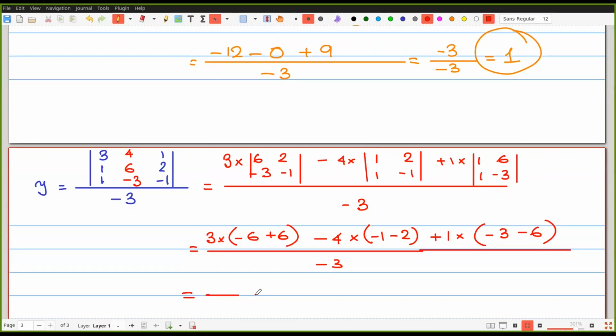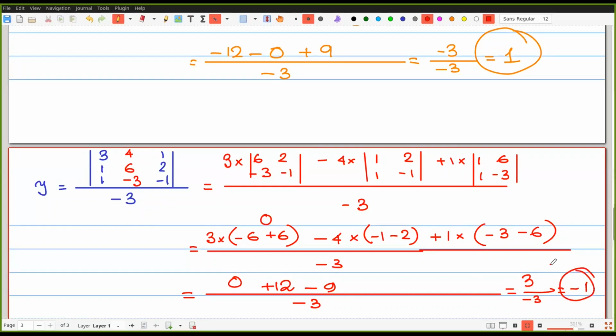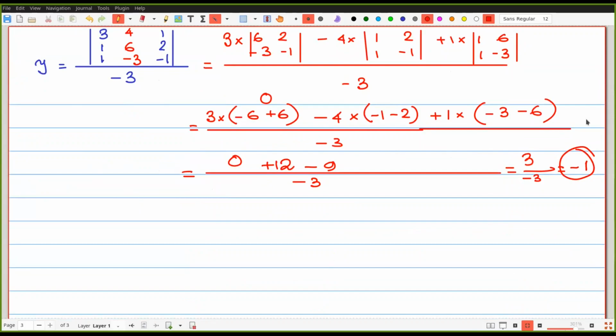Okay, so first one is 0, minus 6 plus 6, 0, minus 4 into minus 3, that means plus 12, and that one, minus 9 upon minus 3, so that one 3 upon minus 3, or minus 1, so that is the value of y. Finally the value of z, same as upon minus 3, first column, second column must be equal, 3 1 1,